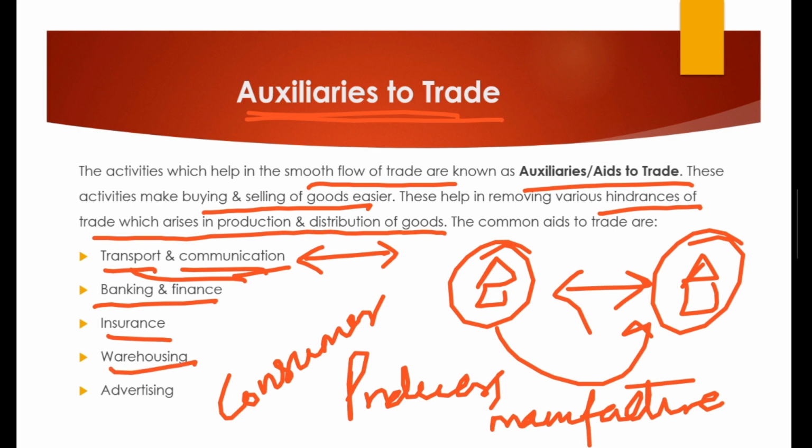Next, warehousing. Warehousing is nothing but storage places to store goods and services as per the demand of the consumers. So warehouses are, in simple words, the godowns where the goods are stored, which helps again in buying and selling of goods and services as per the demand and trends of the consumers' market. Next is advertising. Advertising is nothing but promotion of goods and services. So these are the various auxiliaries to trade,